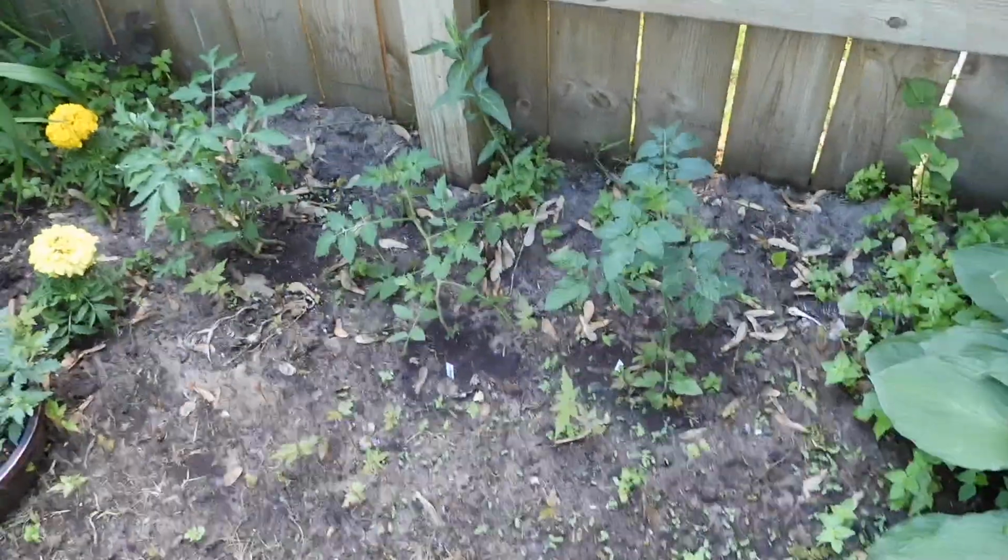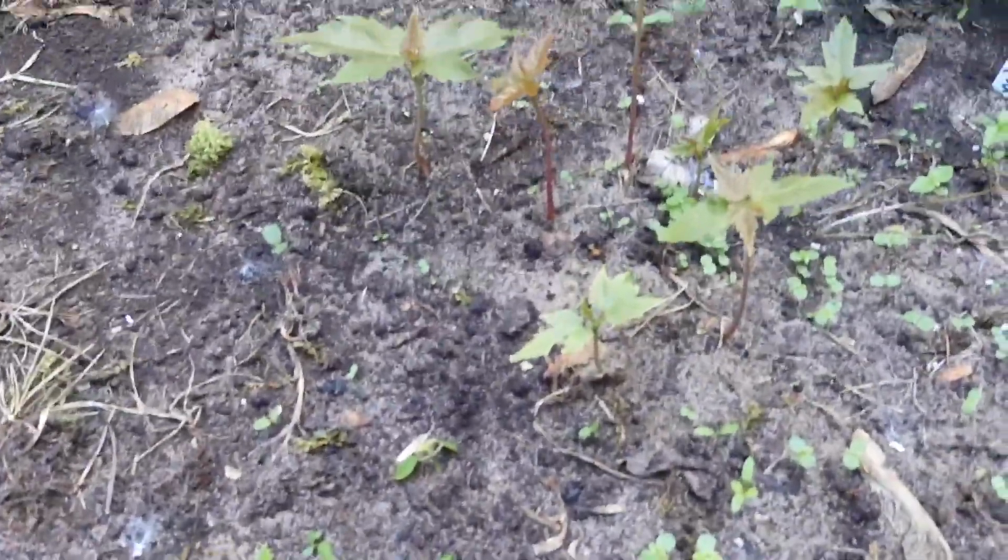Alright, here's some of my little tomato plants, and as you'll be able to see, 8 million little maple trees from all of those helicopters. It's got like a 100% success rate at germinating. So we'll have to come through here and play Paul Bunyan and pull down 8 million